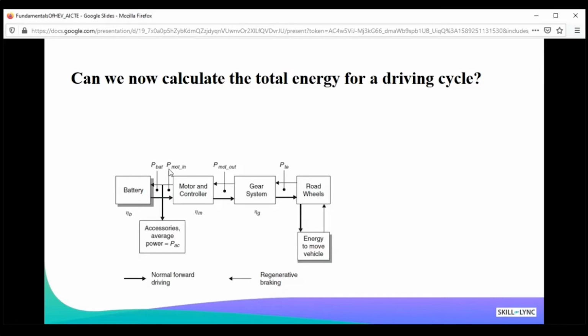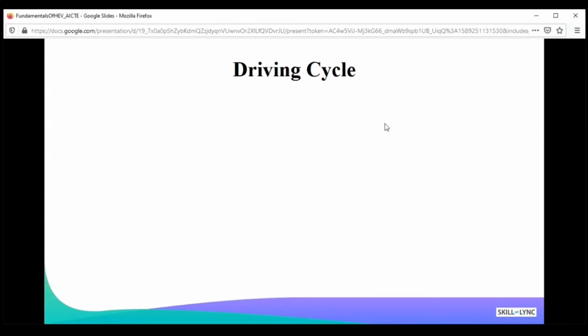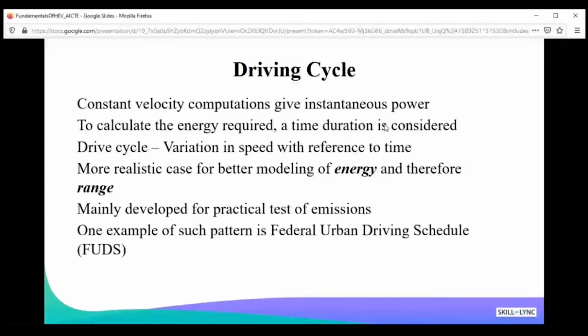Because of the lower voltage cutoff, right? The motor and controller will not be also 100% efficient. Now this efficiency is actually dependent on the speed, right? And other environmental factors as well, right? Let's say for example temperature. So the ambient temperature, the road condition, the driving conditions are also going to affect this efficiency. So the efficiencies are also varying with the speed, and that should be also taken into account for accurate simulation, right? So let's go ahead and do the simulation now.